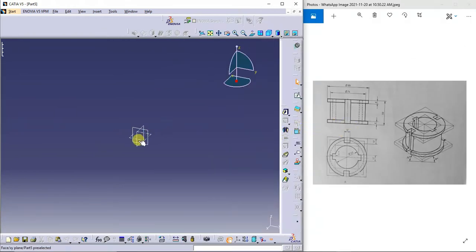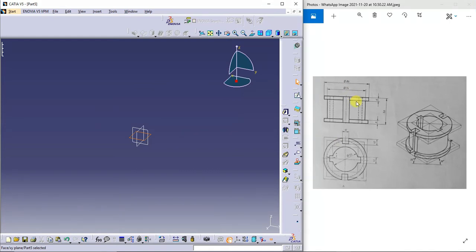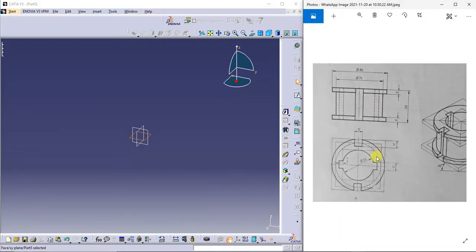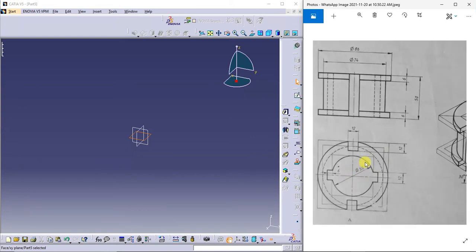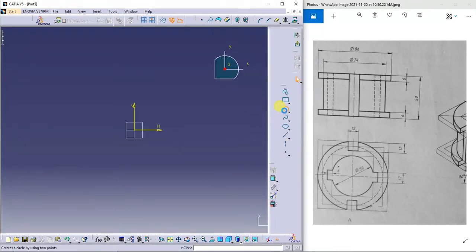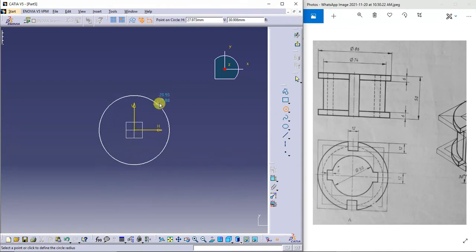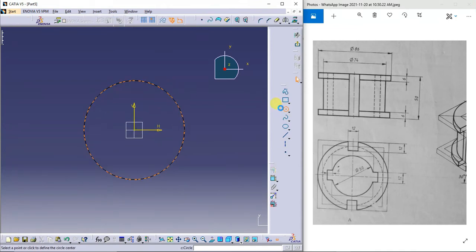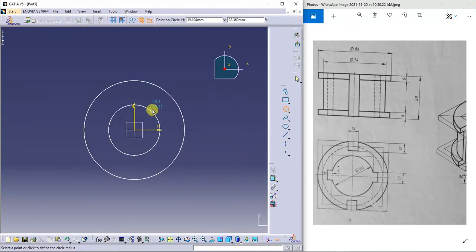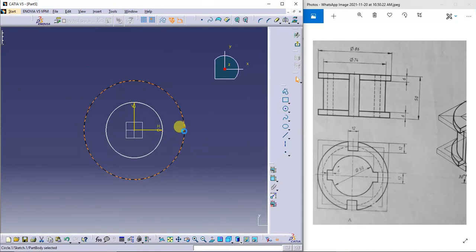Now I'll take the top view. I'll try to create this circle. This circle radius is 86. Next, the inner circle is 50. Now I'll select both the circles.